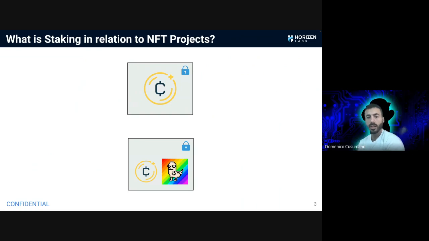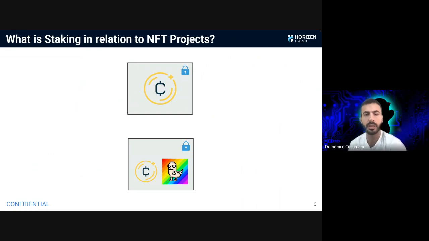For staking in NFT projects, they're a little different. They're basically built as a reward structure. How they commonly work is users will buy tokens or be given tokens based on a project, and they would lock them in for a certain period of time. It could be either rules set up or however long a user would like to lock up their tokens, and they would be given a reward structure for that. And sometimes you could lock an NFT associated to the tokens that you submit in order to also build